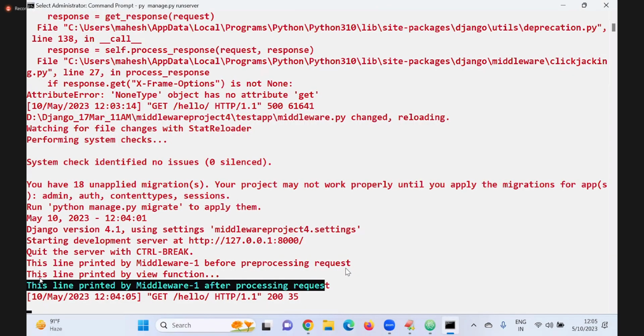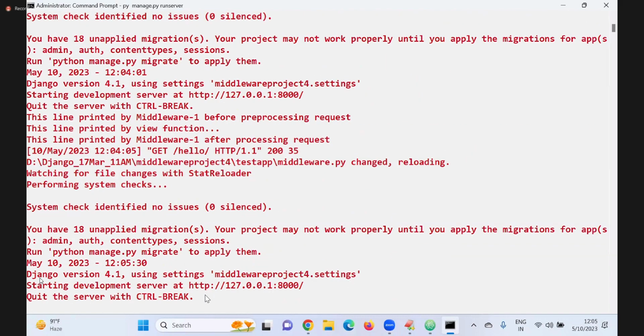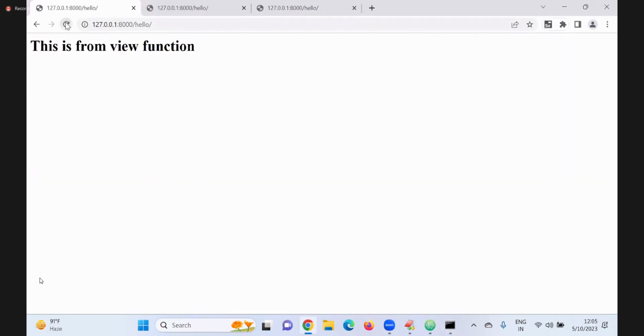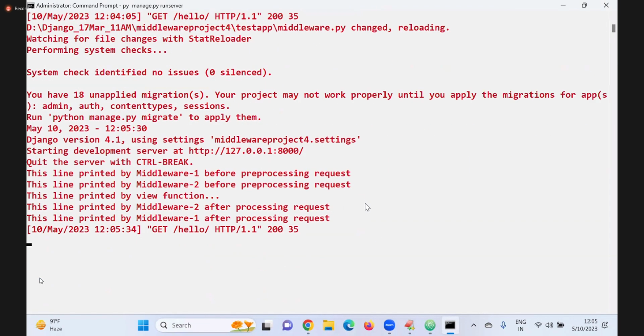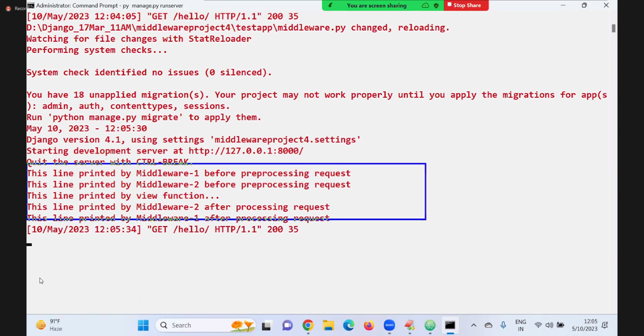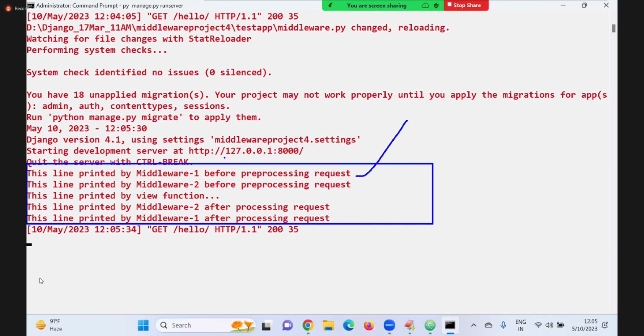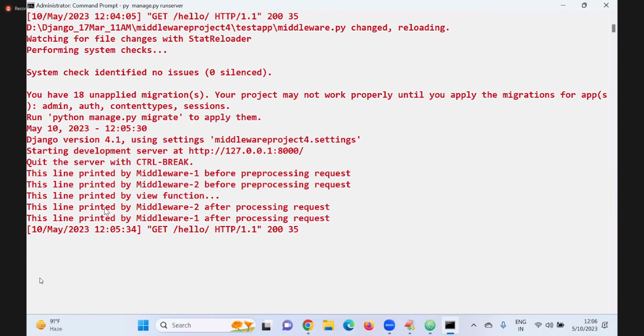Now you have to check the previous output. Once I send the request, you can check the output differences. Check how the process is going based on my diagram. First which is executed? Middleware 1. Next it goes to middleware 2. Next to the view function response. First it comes to the second, after that 1, and finally the end user. This is how multiple middlewares work.